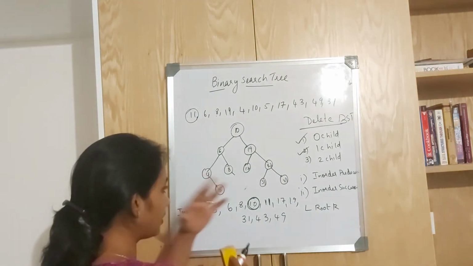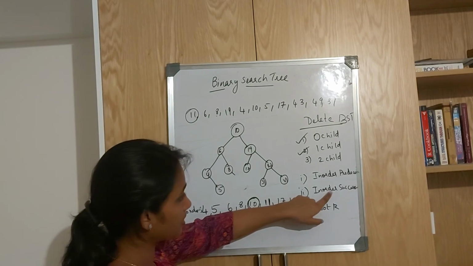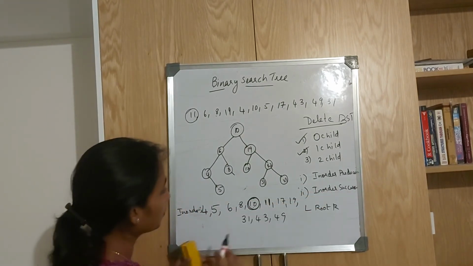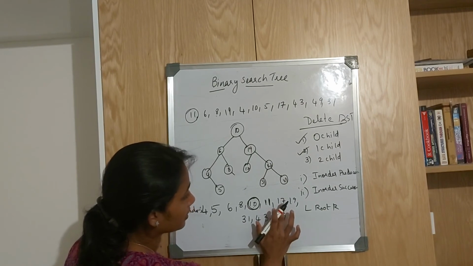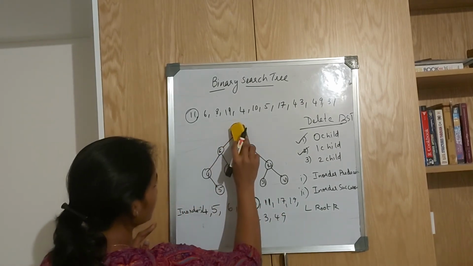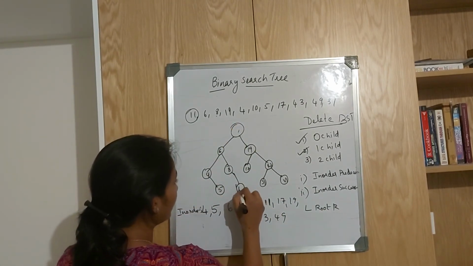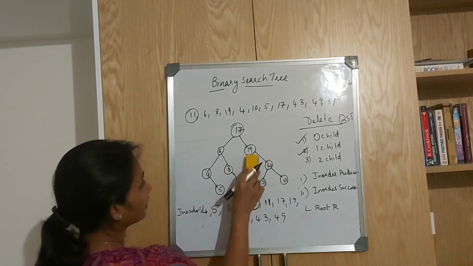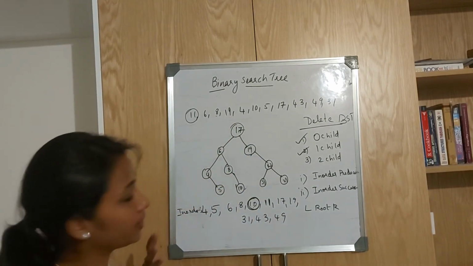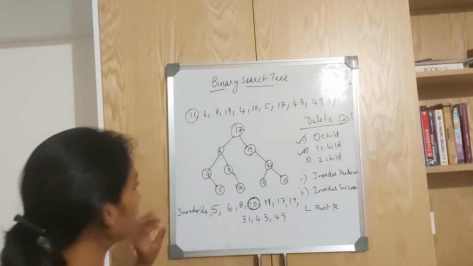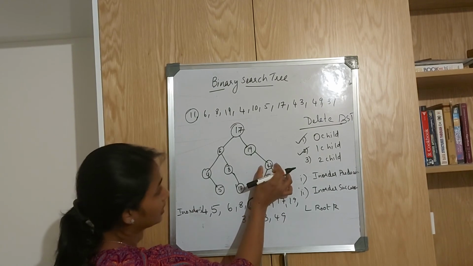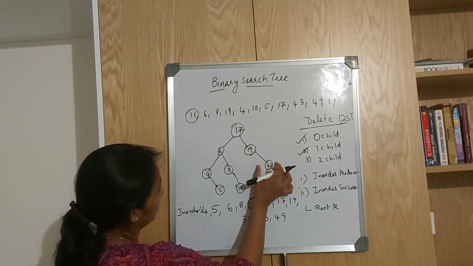Or in other cases, there is a second option. You can go for in order successor. Who is the successor of 11? 17. So you can replace either with 10 or you can replace with 17. Just take that 17 and put it over there. So now if you want to delete this node, that is 43,